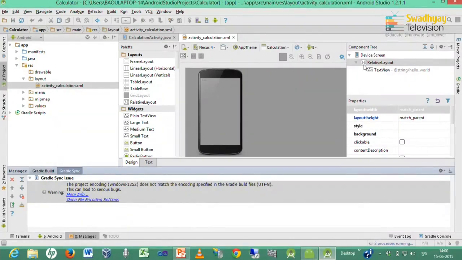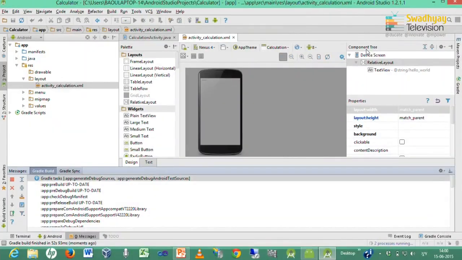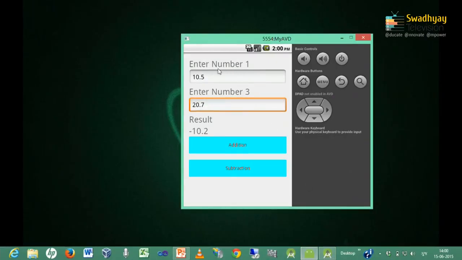You can see over mouse pointer. This layout is a relative layout that we can see in component tree. So first I would like to change this layout to linear layout, because here every control is rendered in horizontal lines.